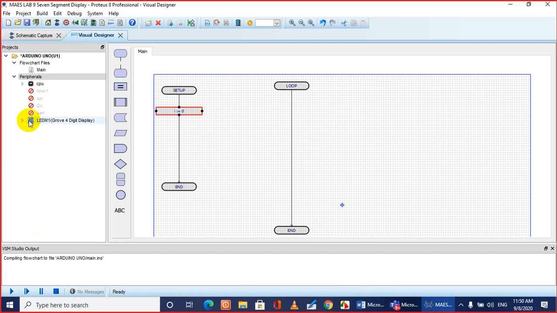And for the display part, I need to initialize the display. We'll do the initialization only one time, and also we'll set the brightness directly from here, only one time, because throughout our operation we'll keep the brightness the same. If you want to change the brightness for different digits, then you need to include this block in the loop.